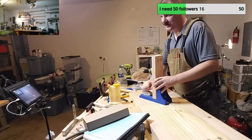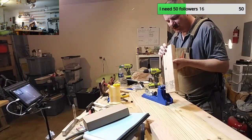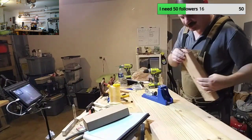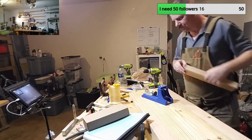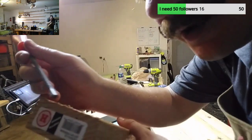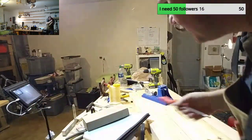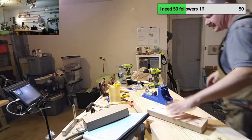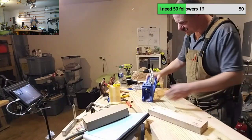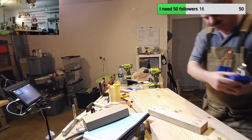Nothing blue came out, that's a good sign. And just poking through the end, which you probably can't see. But, right there's our exit hole. So I think that's about right. That's where we want to be. All right, so